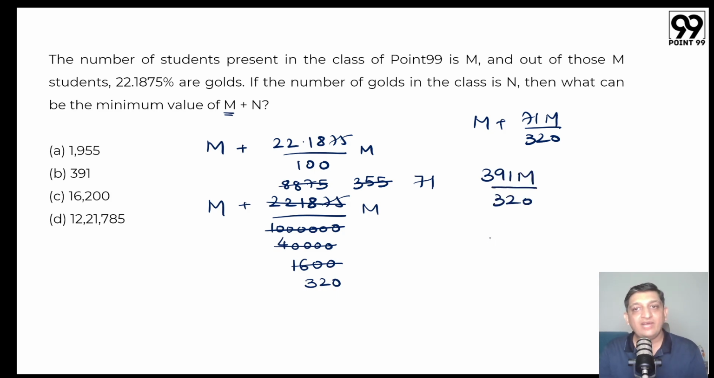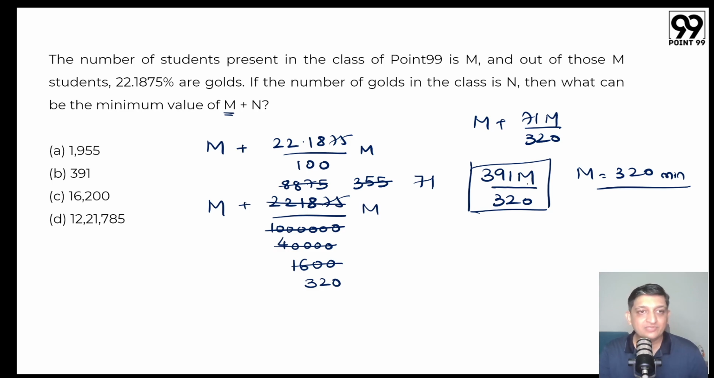What is the minimum value of this? The minimum value of this will happen when m is minimized as much as is possible. But to make this an integer, I will have to have the value of m as 320 at minimum. And when that happens, what is going to be my answer? My answer is going to be 391. So the minimum value of m plus n in this case is going to be 391